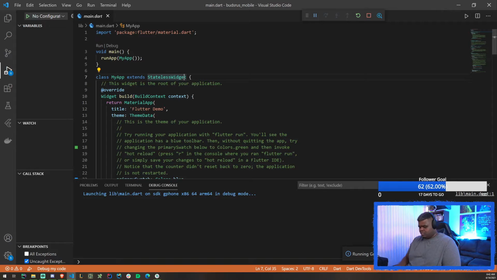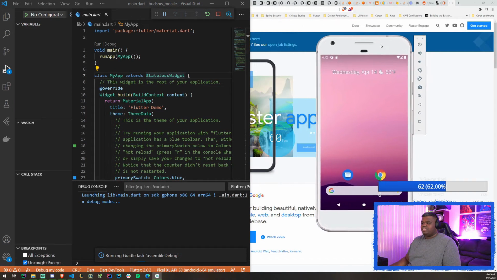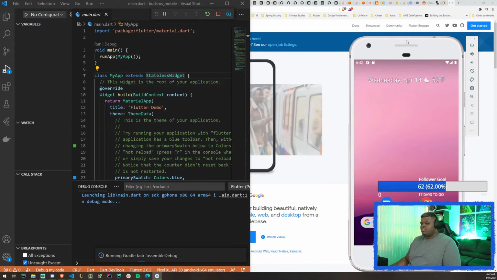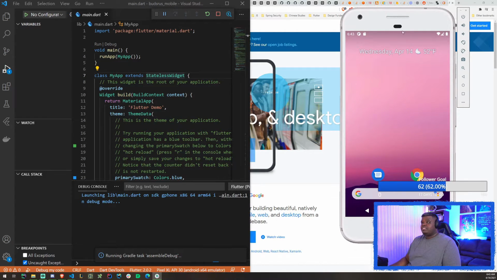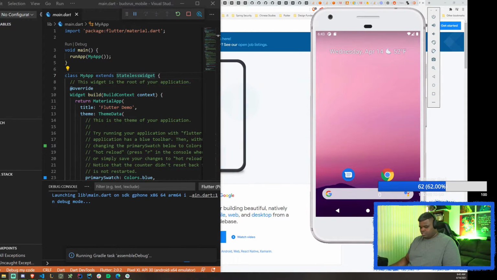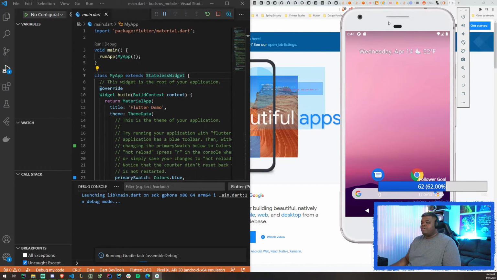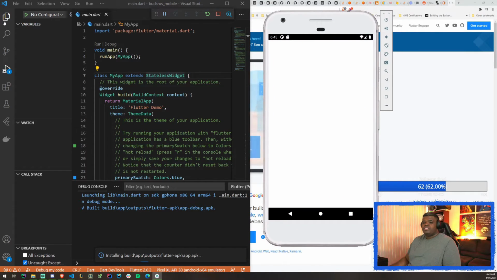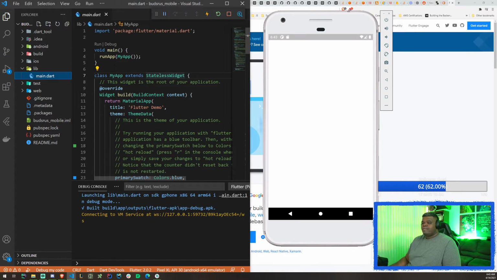Just to make things a little easier to see, I'm going to put things side by side. I'm going to make this device a little bigger. There we go. That's a nice visual. Let me move the device over here. There we go, that's better. So now you see here, it's the exact same that we had in